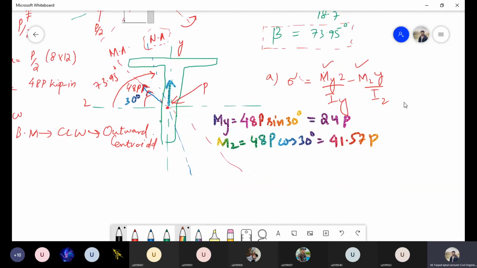I can substitute into my governing equation and I will get 24p into z divided by Iy, which was given to us as 18.7, and mz is 41.57p divided by Iz, which was again given to us as 112.6,